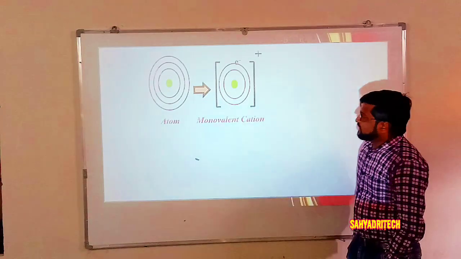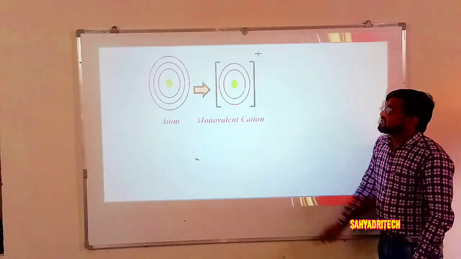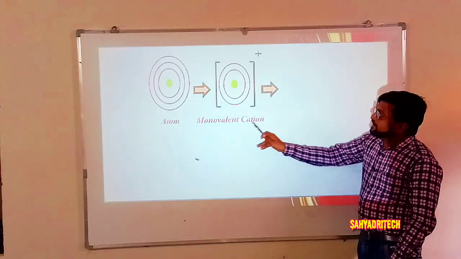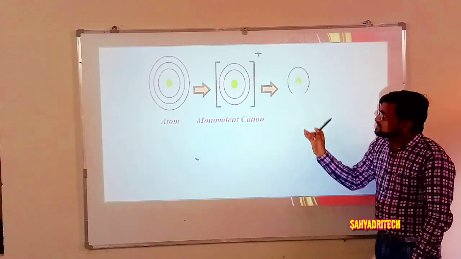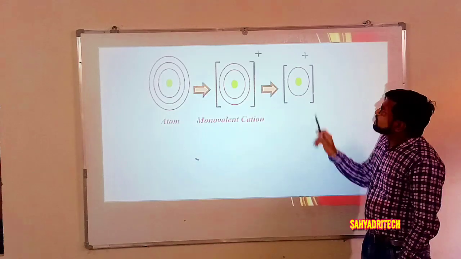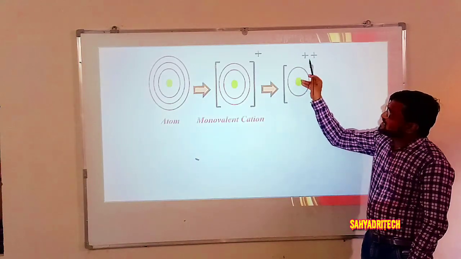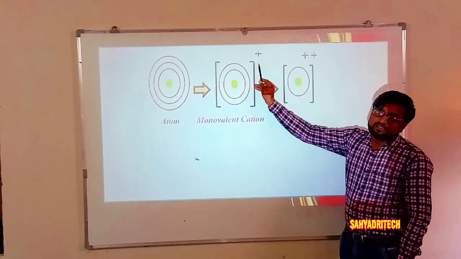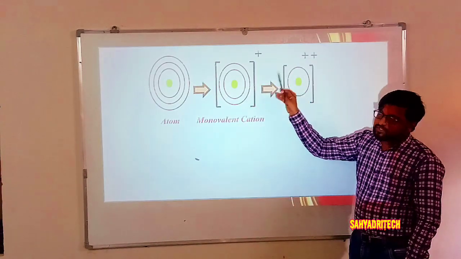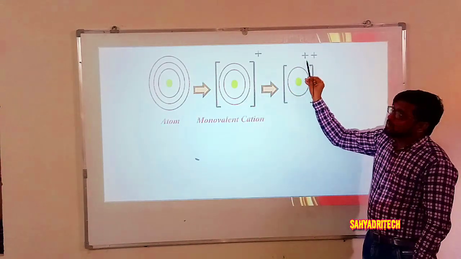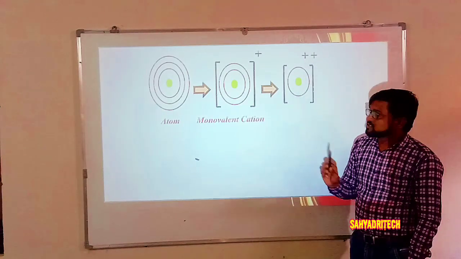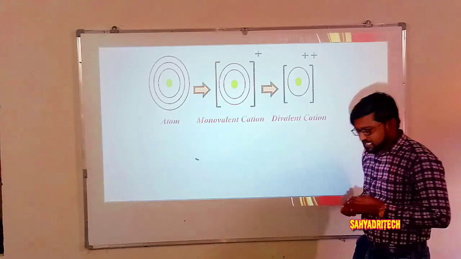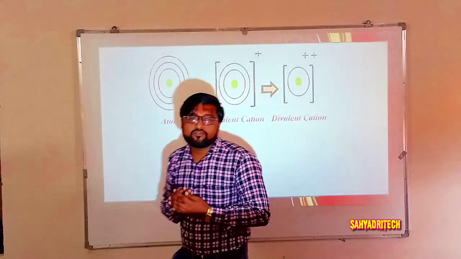Okay. Similarly, if I continue this session, say if one more electron is lost from an atom, what happens? That monovalent cation gets converted into, okay, is going to carry how many charges now? Two charges. Already it has one positive charge. Now one more electron is lost, so that is going to carry plus 2 charge. So plus 2 means divalent cation. It means how cations are formed.